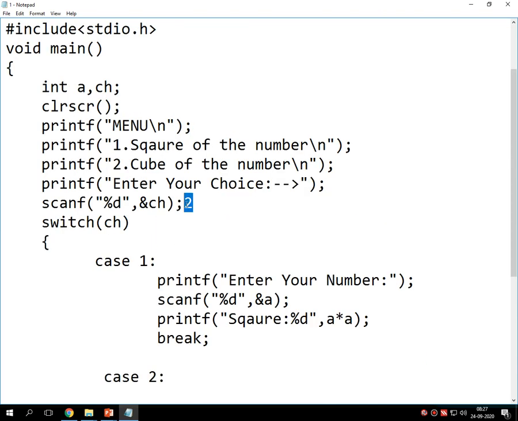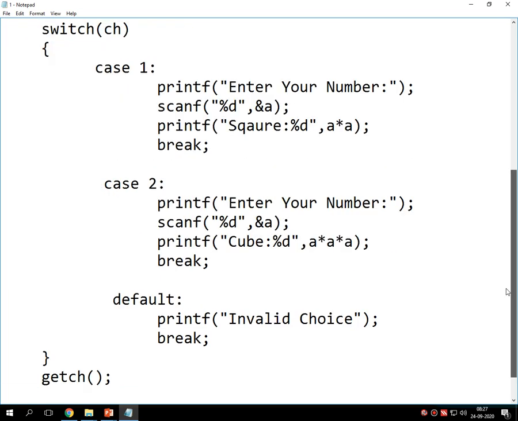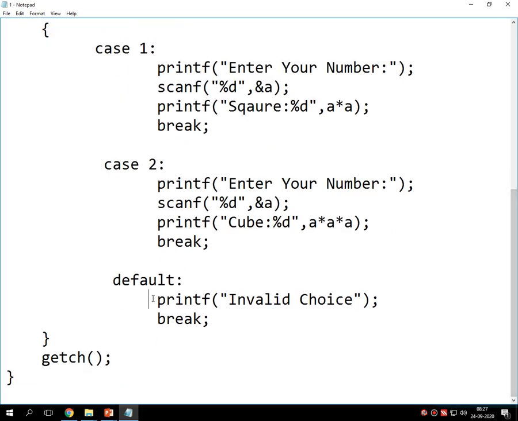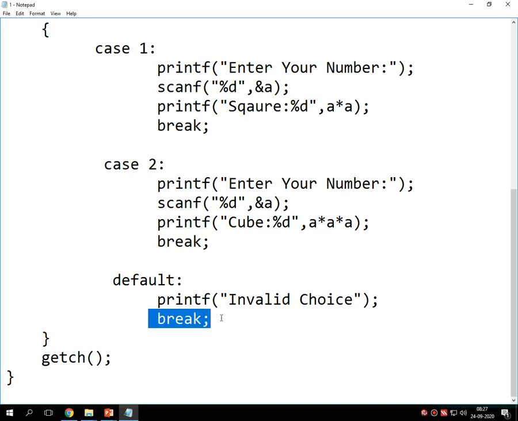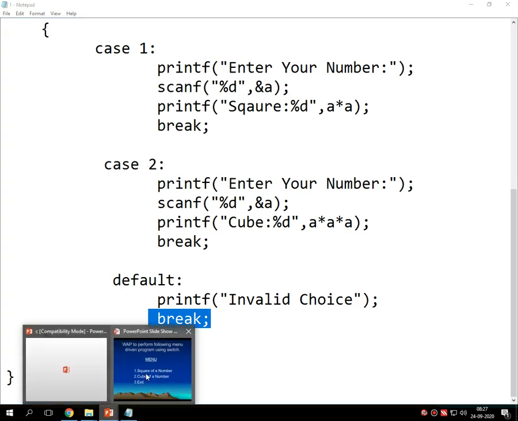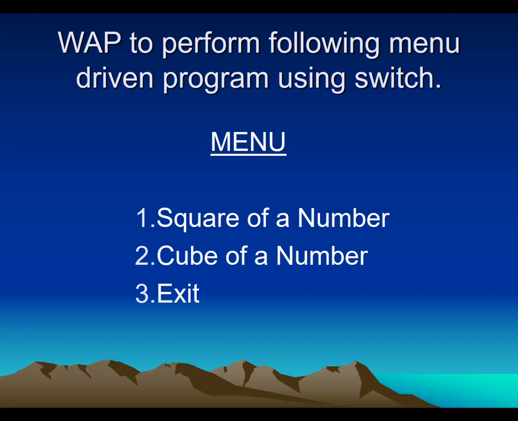For any other choices like 3, 4, 5, or any number apart from 1 and 2, it returns the default statement with the message called invalid choice, and the program terminates. So in this way the switch statement in C works. I hope now it is clear how to use switch statement in C.